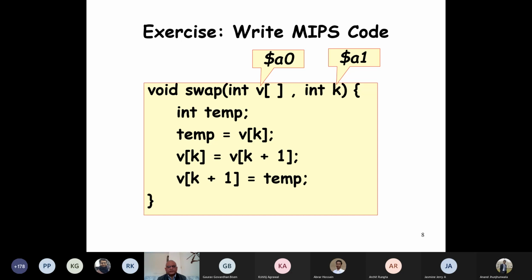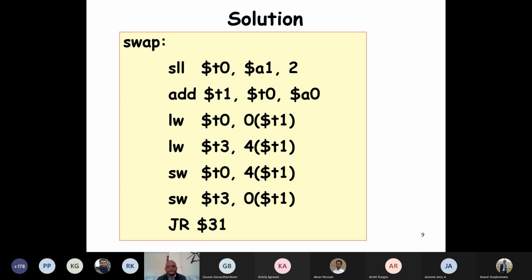The address of the array is in A0, and the place where we want to effect the swap is in K. Swap is the name of the routine, and then we have done a shift left logical, sll T0, A1, 2.